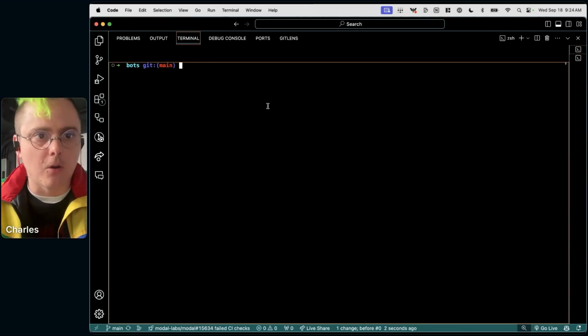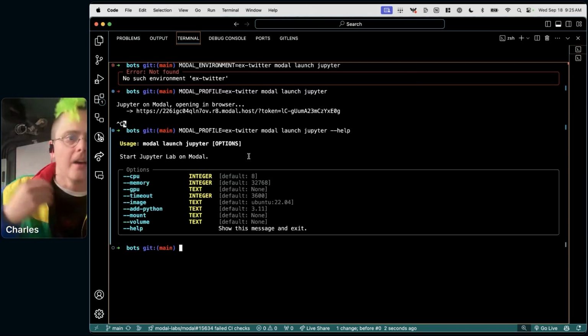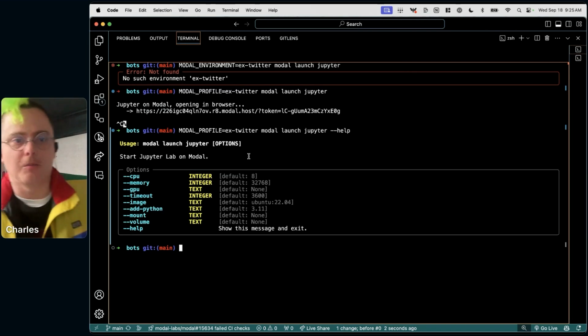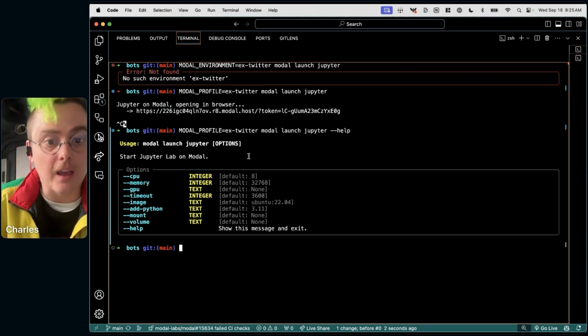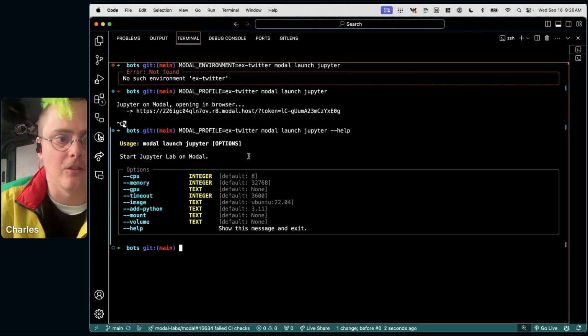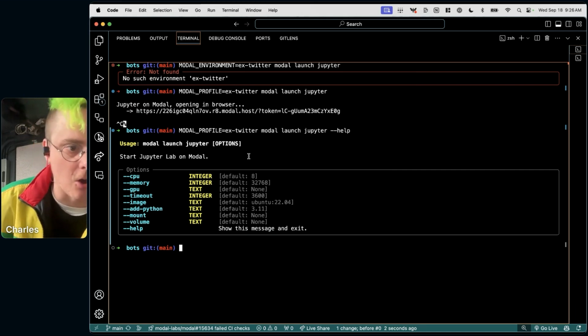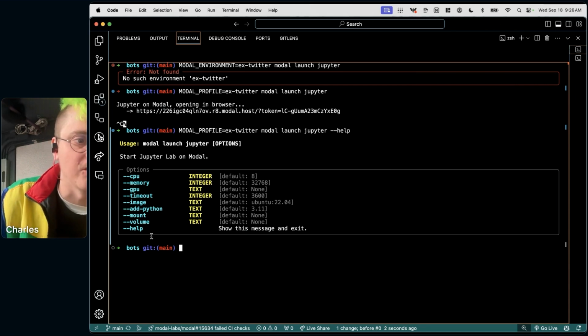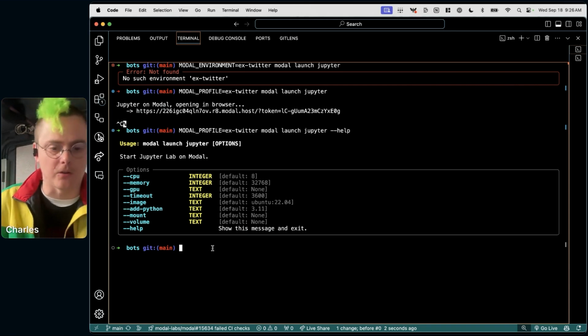on Modal. So let me show you the syntax for that command. Okay, so the idea with this modal launch Jupyter command is that you can get a Jupyter instance that has access to resources defined on Modal. So it's like quickly mounting your code, that's this one, and making sure that it has GPU acceleration or that it has a distributed volume